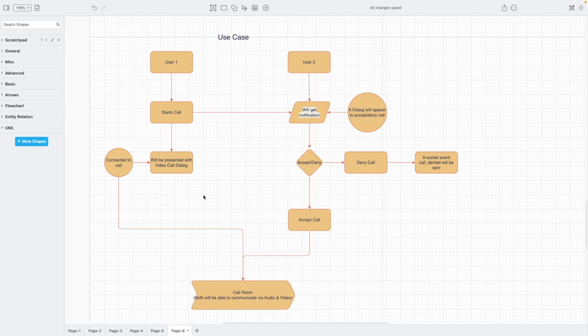So let's actually go through it quickly. In our app we are going to have two users who are going to be communicating with each other. Now whenever a user is going to start a call, the first action that will happen is we will send a notification to the other user. Then the other user is going to have two choices, whether to accept it or deny it. If the other user denies the call, then we'll send an event, okay, through socket.io, that will be a call denied event, which is going to mark that call as denied, okay, and the call will end between the